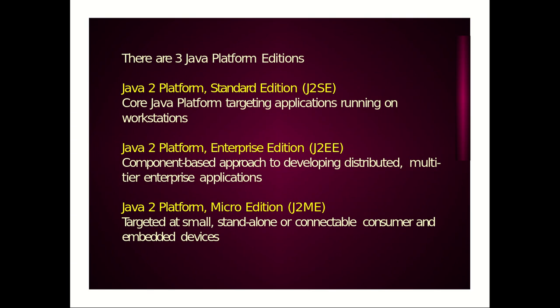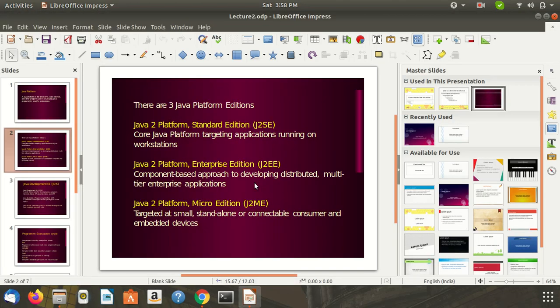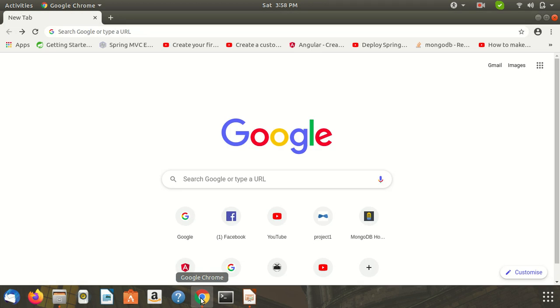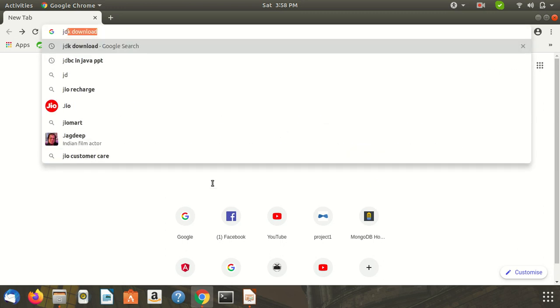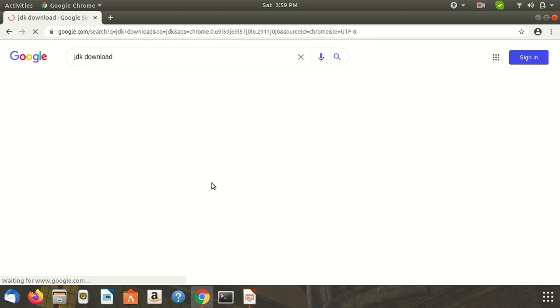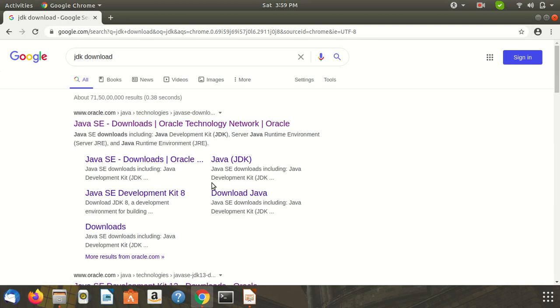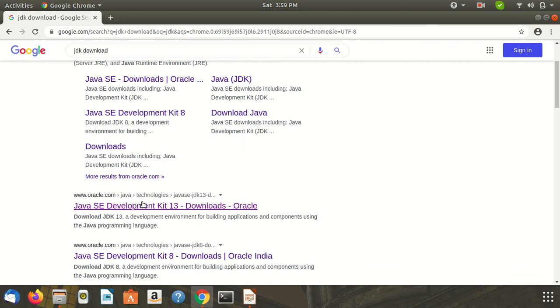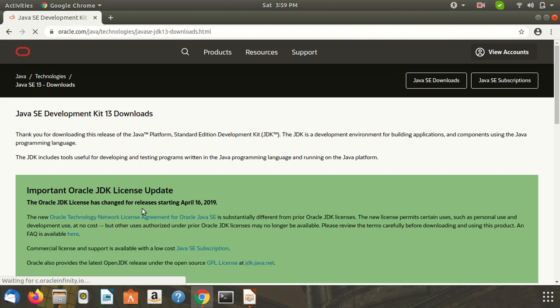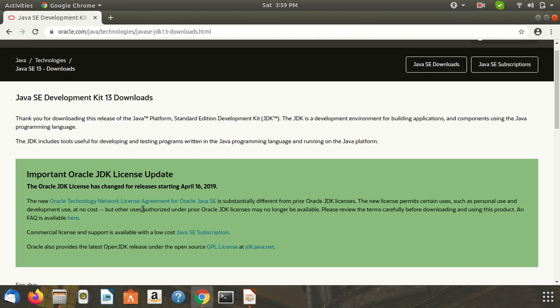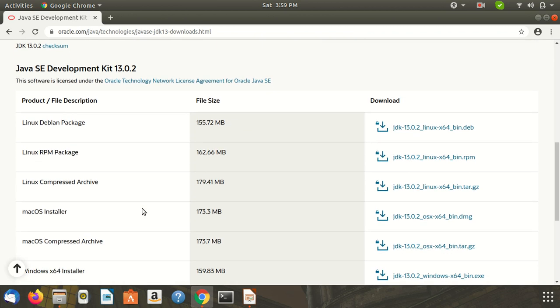So let's see how we can download these editions. We need an internet connection and search for the Java JDK. Just type JDK download and it will show the results. We can easily download the Java SE edition, meaning Standard Edition, from the Oracle website. There is the Java SE Development Kit 13.0.2 version.